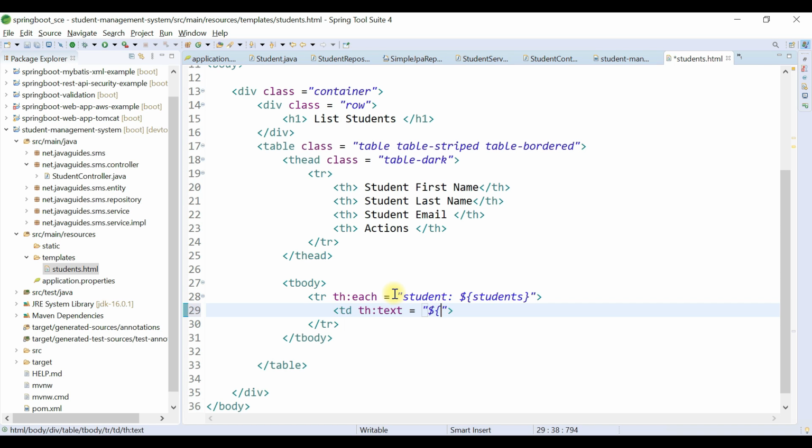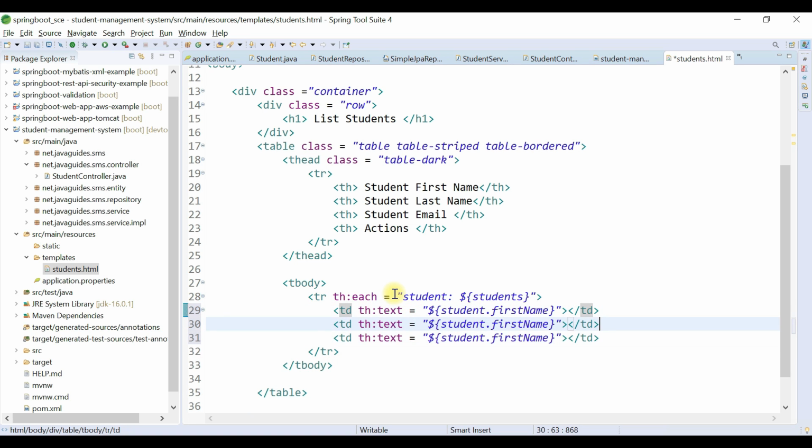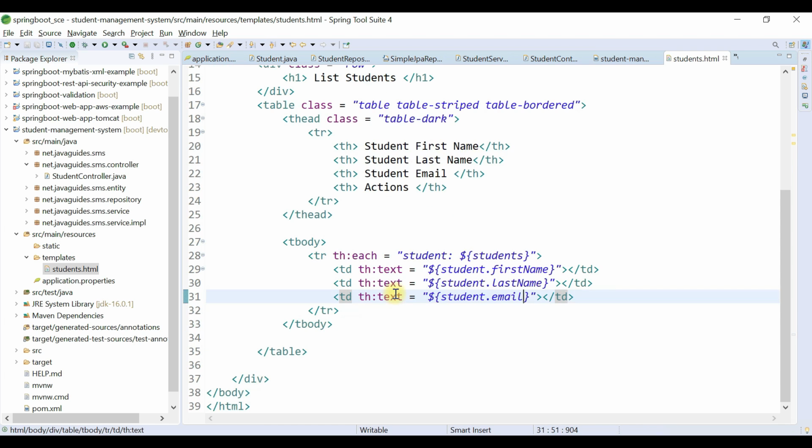So this is the Thymeleaf notation or syntax to display model data, that is student, which in our case is the model, student, and the model attribute, that is first name. Okay, similarly let's display last name and email as well. Student dot last name, student dot email. Perfect.